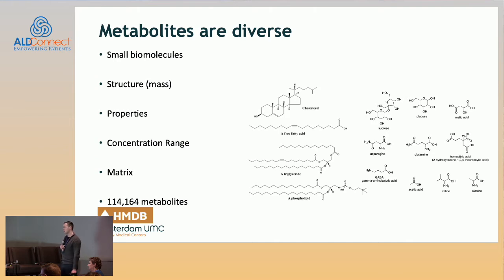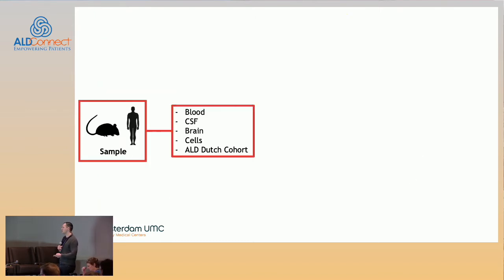They also exist in different matrices. Think of muscle tissue, blood, urine, all quite different. And then lastly, there are quite a lot of them. HMDB, an online metabolite database, currently holds over 114,000 metabolites. All these factors combined result in the simultaneous analysis of these compounds being technically quite challenging. Now, in terms of how we approach this in our lab, we start with a certain sample, and the